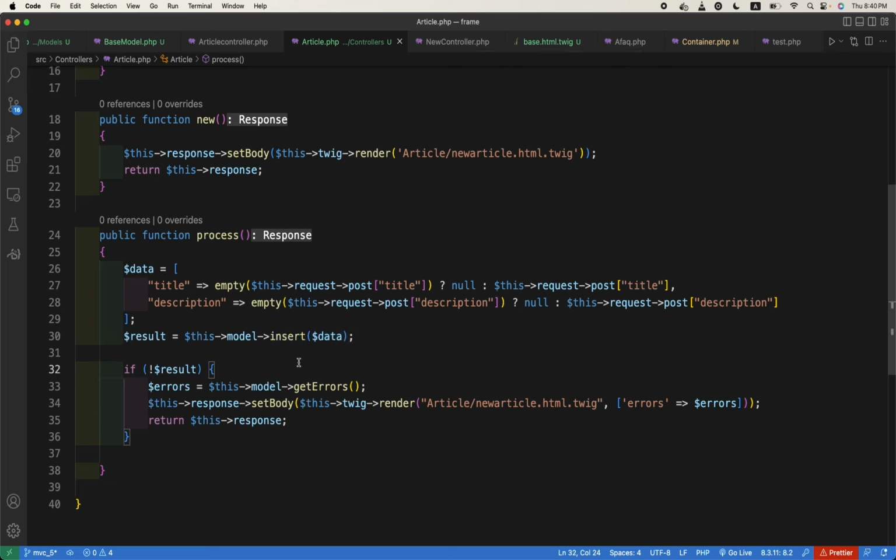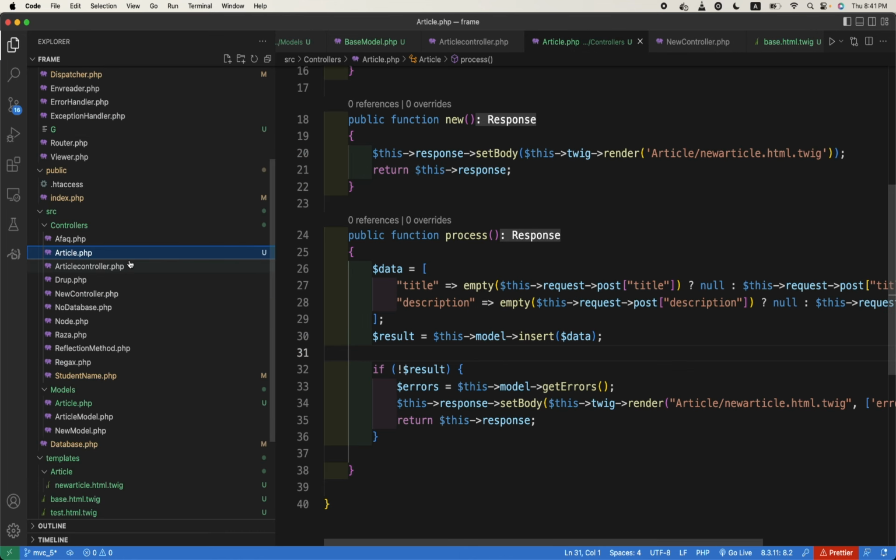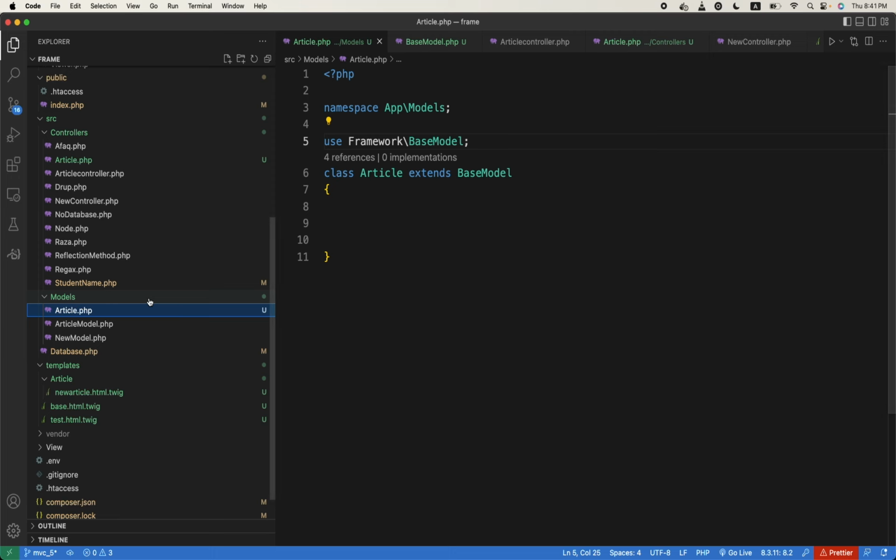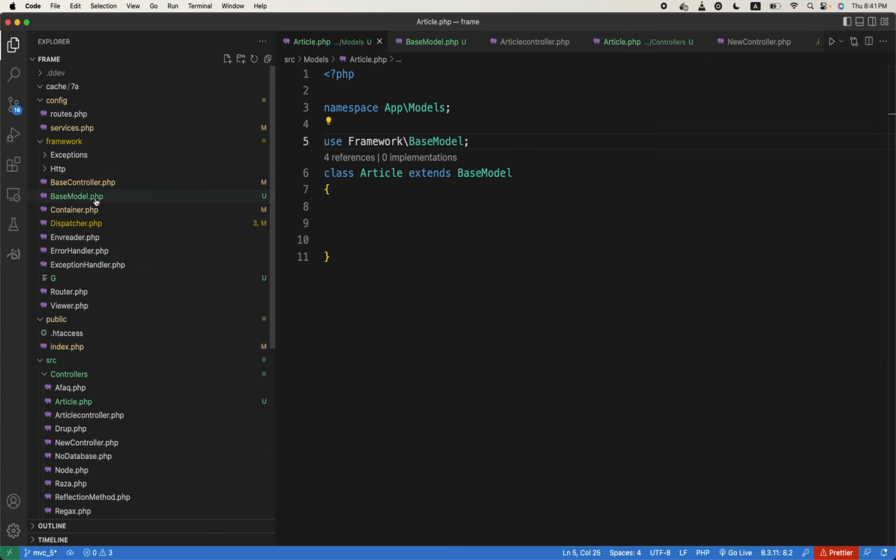So we should either redirect, something like this. For now we will redirect to all. What is all? Or index. So in the model article, and in the base model rather,